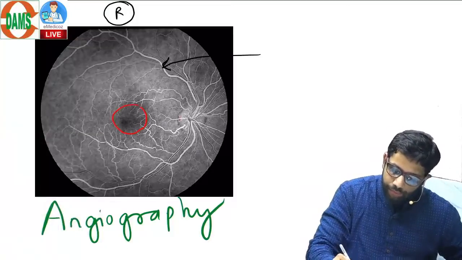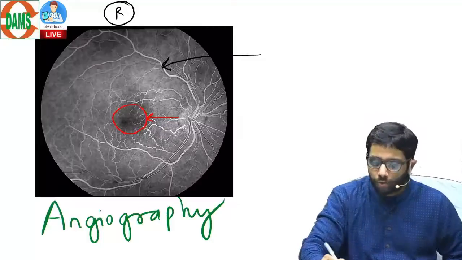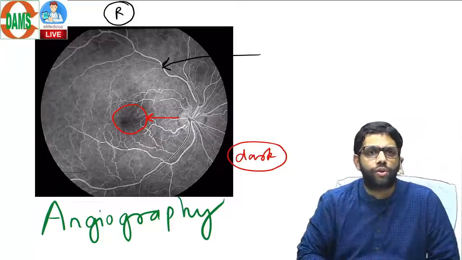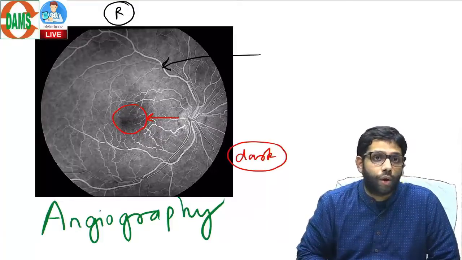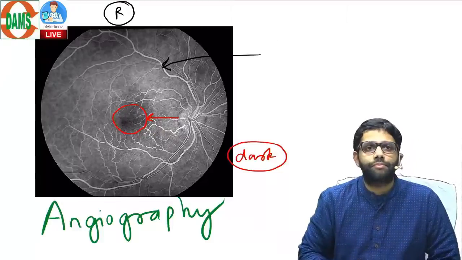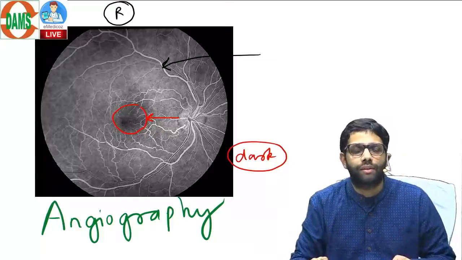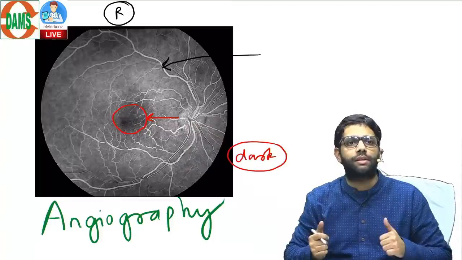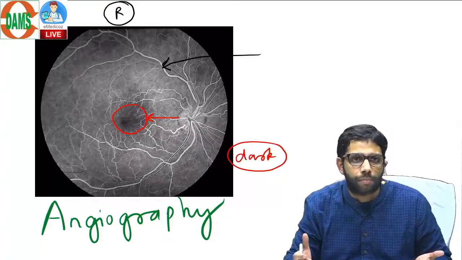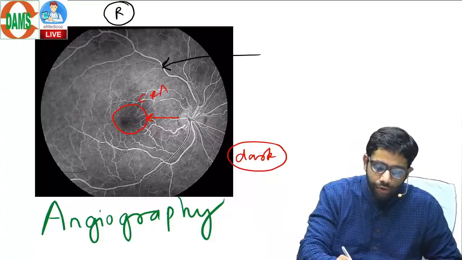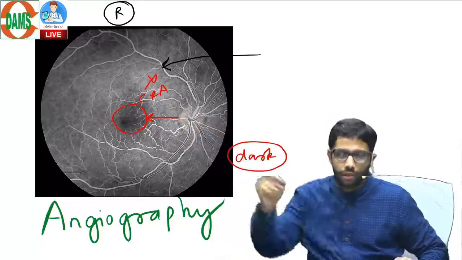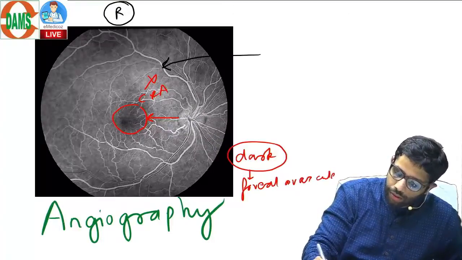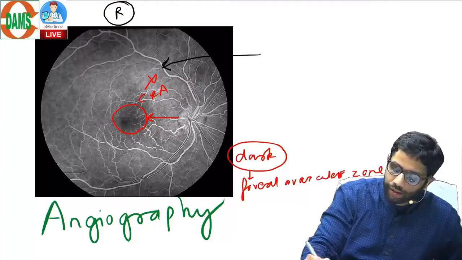What is this part? This is fovea and foveola. Why is this part dark on angiography? This is an additional point you can write down. Why is it dark on angiography? Because it has no blood supply of the retina, the central retinal artery is not supplying the fovea and foveola. There are only 5-6 layers. The layers in which the central retinal artery vessels are present are not present in the fovea foveola. So there is no supply from the central retinal artery. So this is known as foveal avascular zone. There are no vessels over here of the central retinal artery.